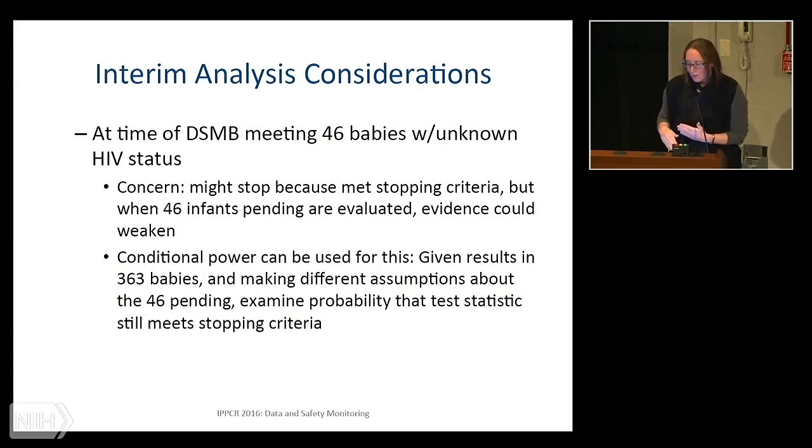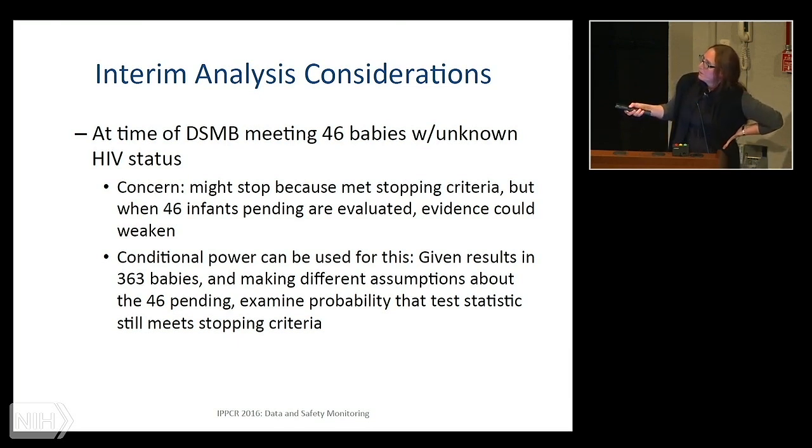And so there was some statistical analysis to look at reasonable trends of what could happen to those 46 and what could happen to the p-value depending on different outcomes. That was considered. They looked very carefully at safety. And that type of analysis that I'm talking about, just to explain all the words on the slide, is what